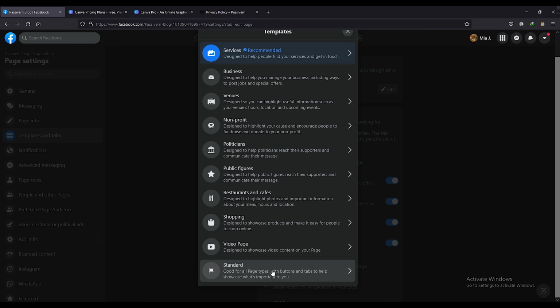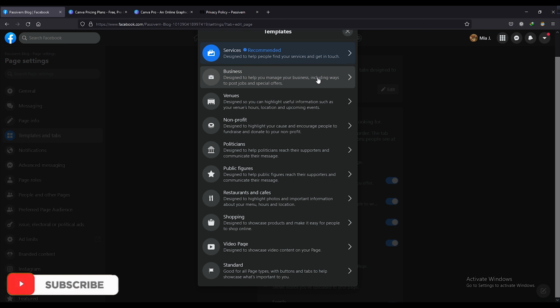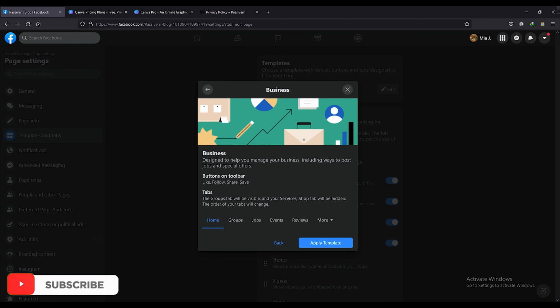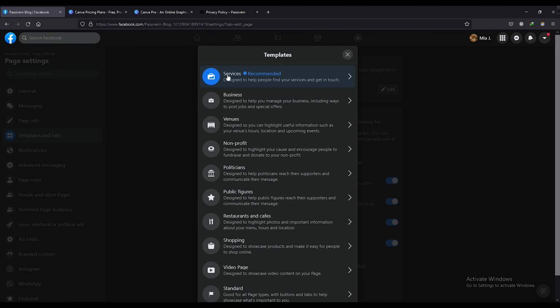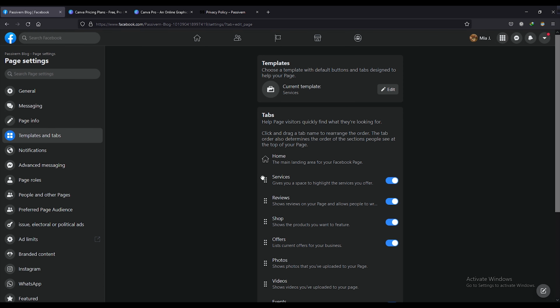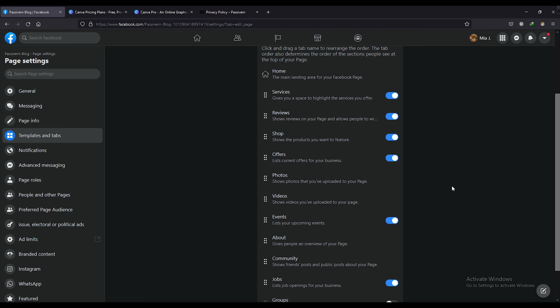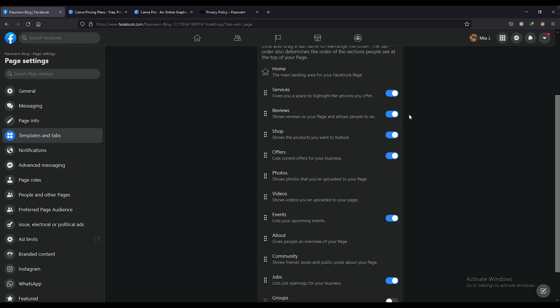So depending on your business, you can set any template from here, and just by clicking here you can see what options are available in the template. I'm keeping it as services as it is, and after selecting it you can change the options that you have.